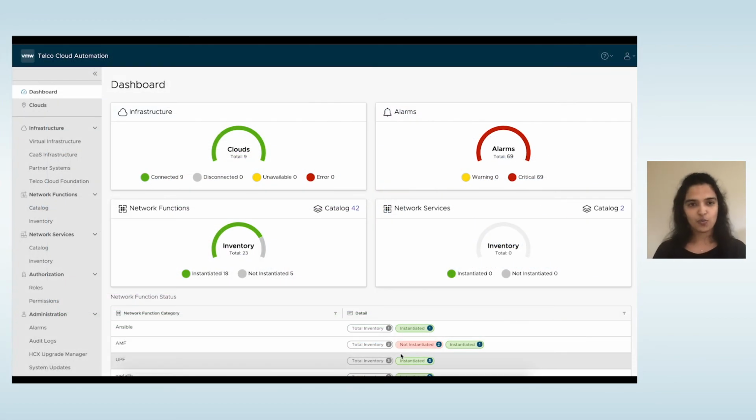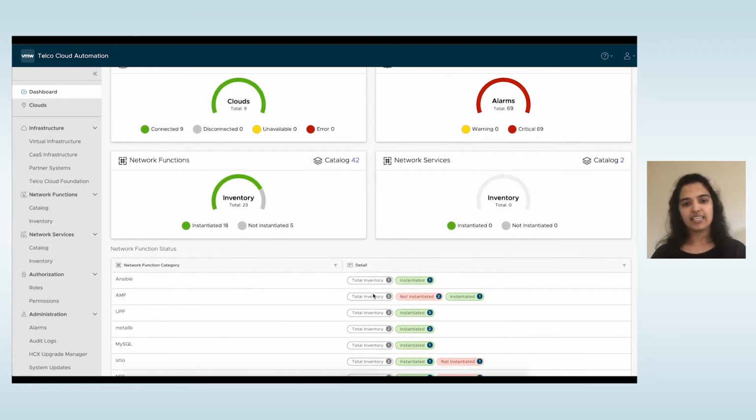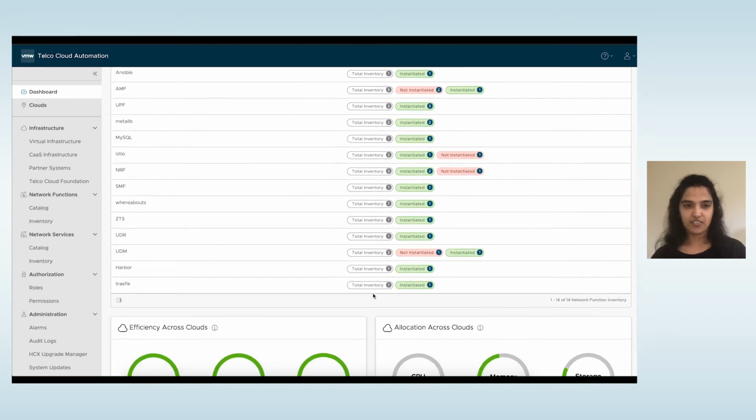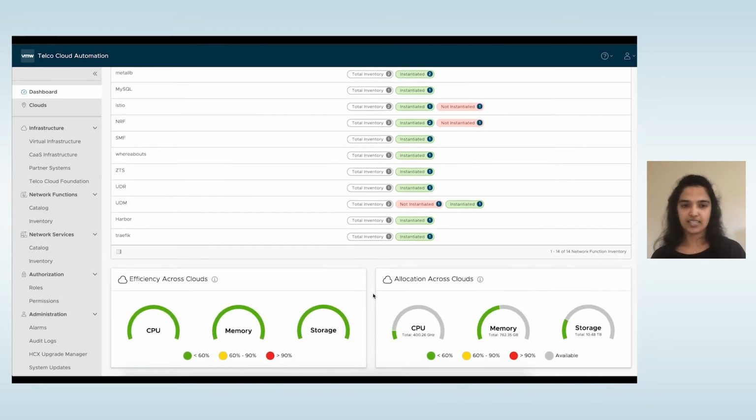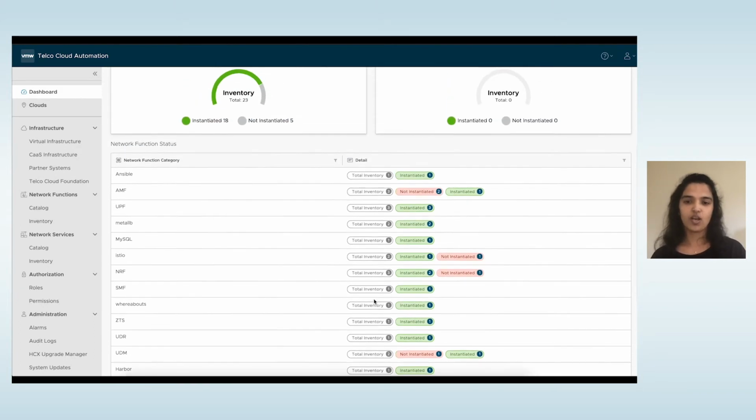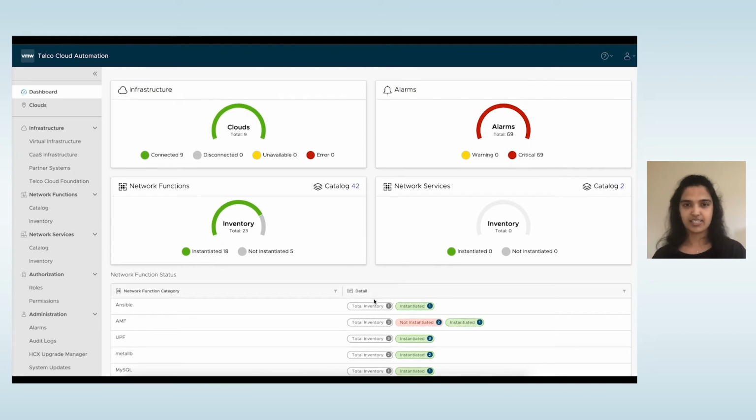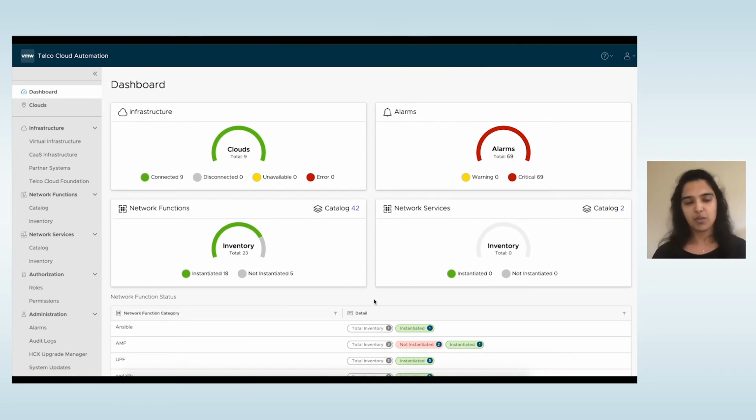So Telco Cloud Automation is a platform for deploying network functions, network services, as well as infrastructure. Here we are showing a dashboard of the various statuses of various elements, their current status, and how it looks overall from a TCA perspective.